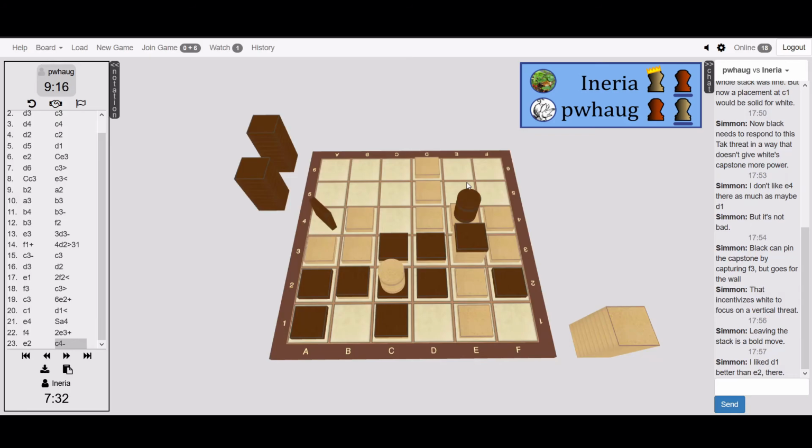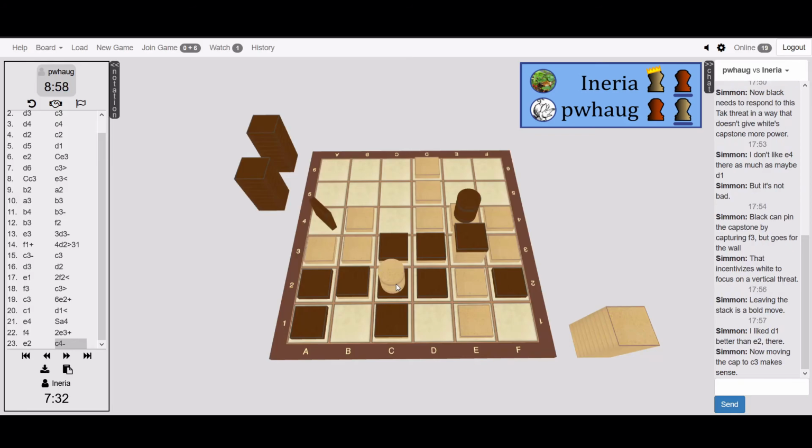White's capstone isn't pinned anymore, I'd just like to note. That's why Simon suggested capturing F3 before. So white can move it, but maybe pwhaug hasn't quite realized that yet, or is waiting for the right moment. Because as soon as he leaves that, black's just going to create another attack threat. But by now placing whatever he leaves behind, white's capstone can move upwards to C3,